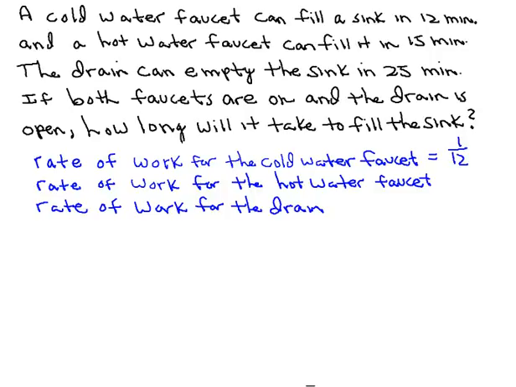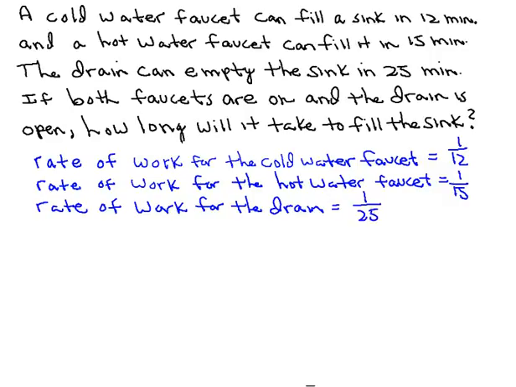In a similar way, if the hot water faucet can fill the sink by itself in 15 minutes, its rate would be 1 divided by 15. Now for the drain, although it's working counter to what we would like, which is filling the sink, because it can empty the sink entirely on its own in 25 minutes, its rate would be